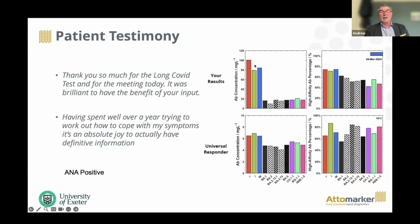And she was going to hospital once a month or so with complications around her condition. Once the doctor saw it was potentially autoimmune, interventions around steroids to reduce inflammation and other drugs to remove the autoimmune response were considered, and her condition is now being managed really carefully. Viv is very excited about the fact that, first of all, we showed that there was a problem, and before people just weren't believing her, but also after that, it got managed properly. So that's what the Attomarker test is showing, and these treatment options for people